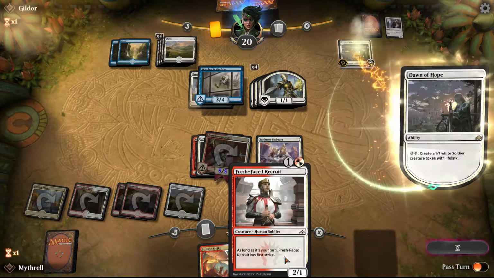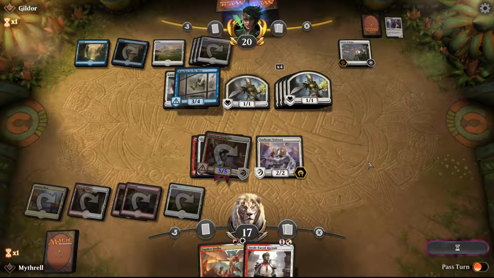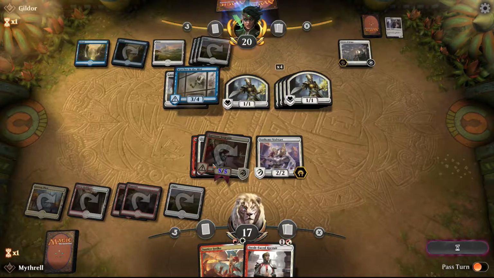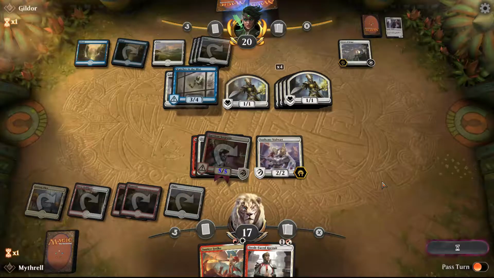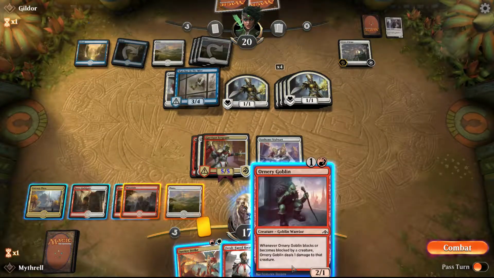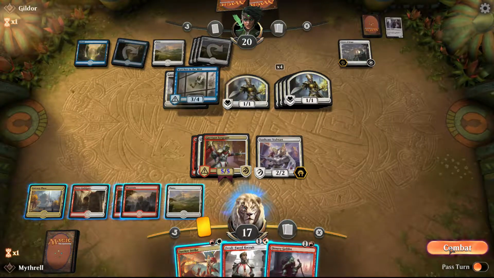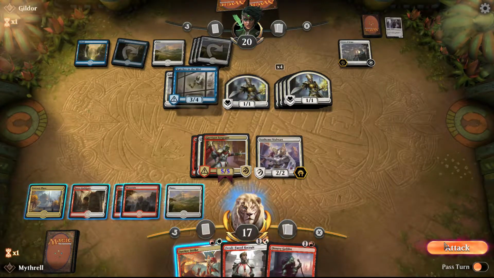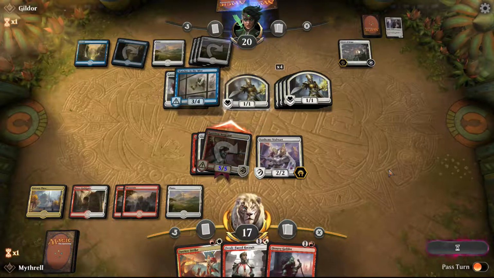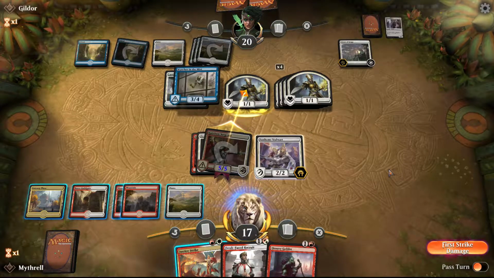I think I will just... yeah, he's gonna keep doing those. With those he can keep my guy at bay. These guys are excellent against these guys though, so I'm gonna keep just reducing the amount of tokens here. He's actually healing up, but...